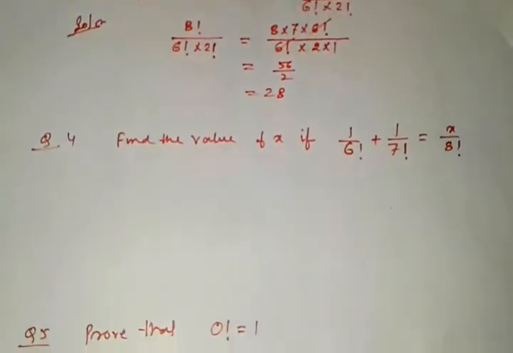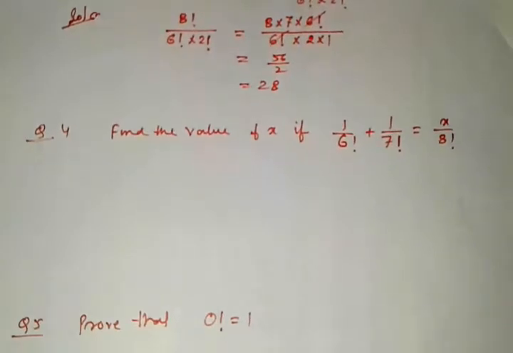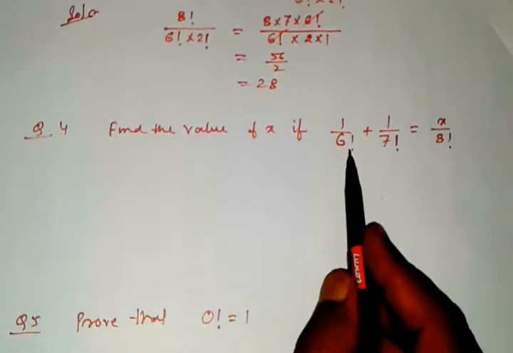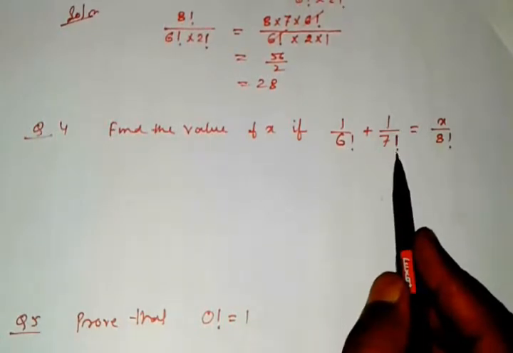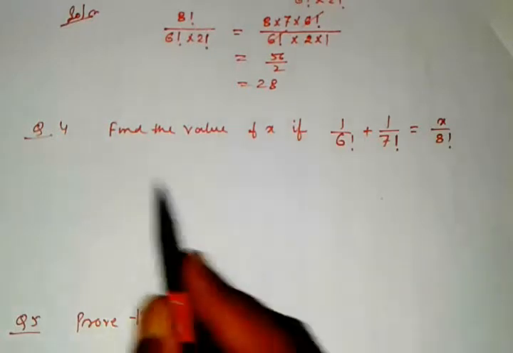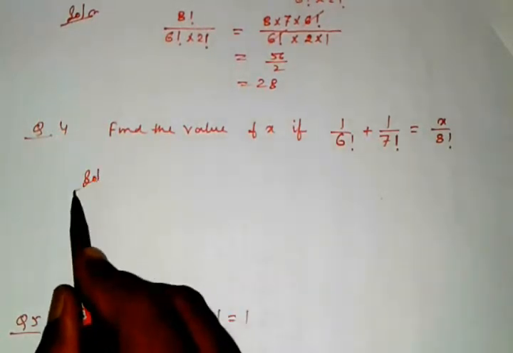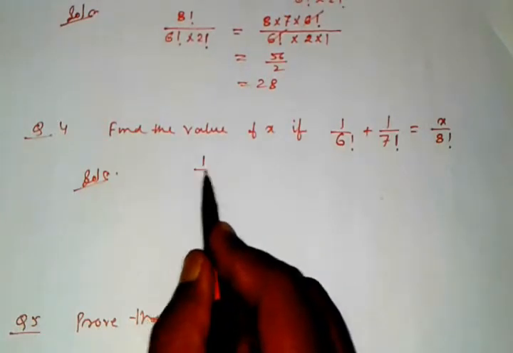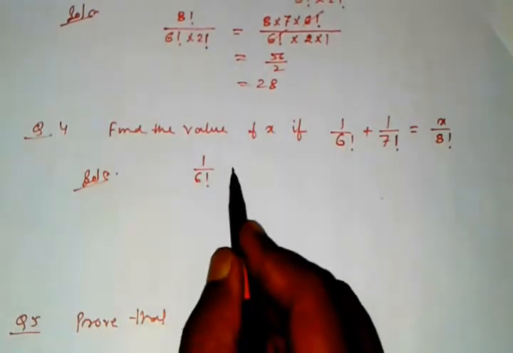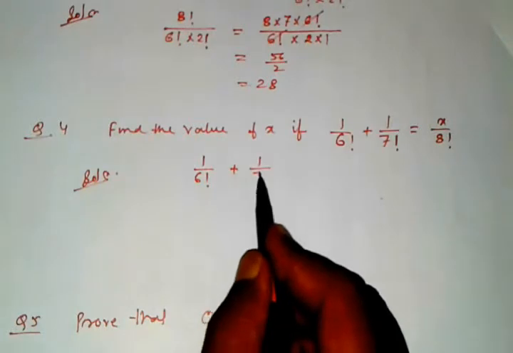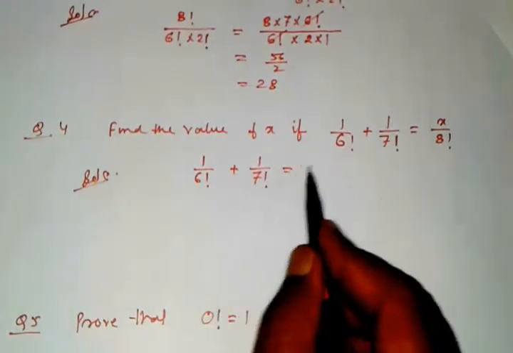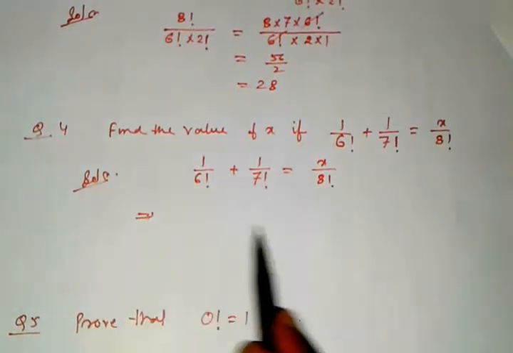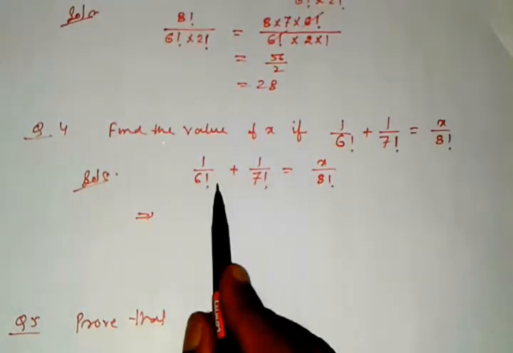Find the value of x. Find the value of x if 1 by factorial 6 plus 1 by factorial 7 is equal to x by factorial 8. How can we solve this? 1 by factorial 6 plus 1 by factorial 7 is equal to x by factorial 8. At first we have to